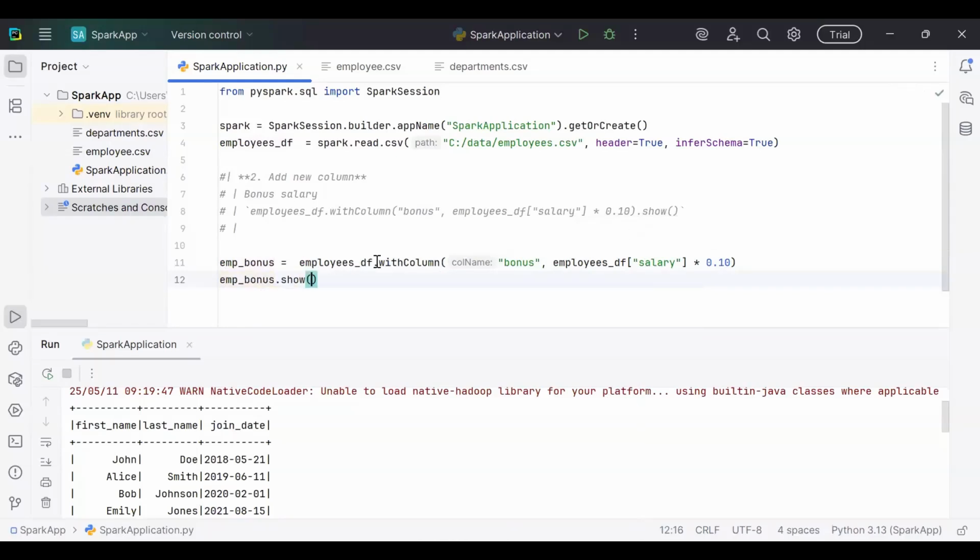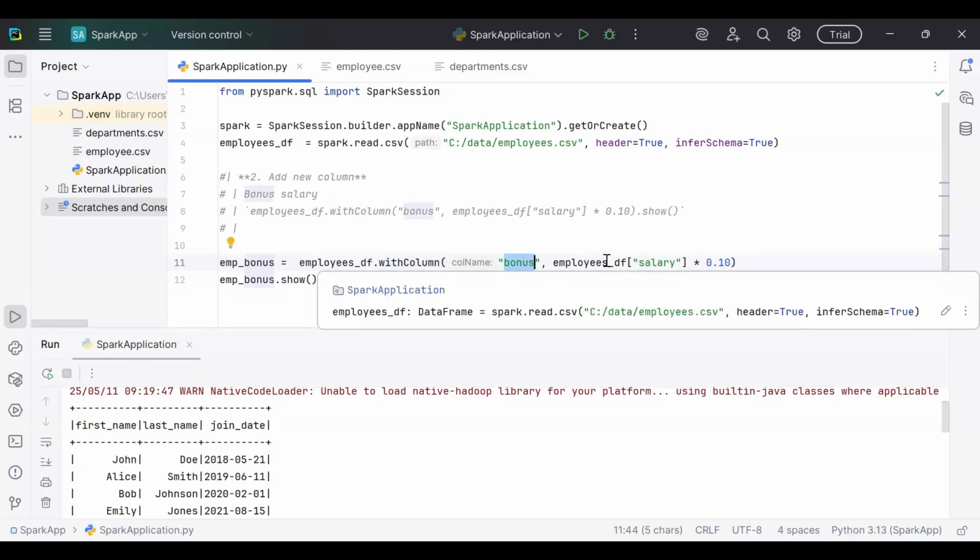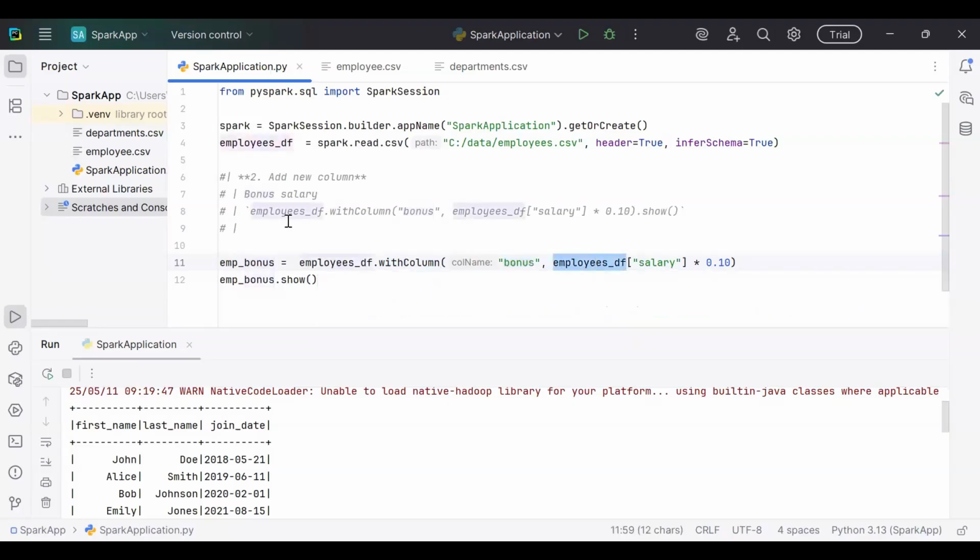So what I'm doing over here, guys, I am adding a new column. How am I adding it? First of all, you need to give the column name, and then from which column you wanted to create the new column. In my case, I use the employee data frame itself. I have one column that is salary. On top of that, I am applying this logic and generating this new column. And if I do show now,